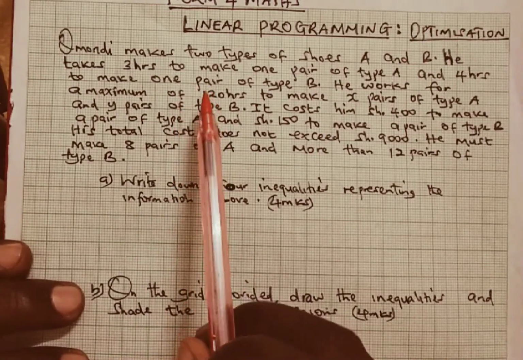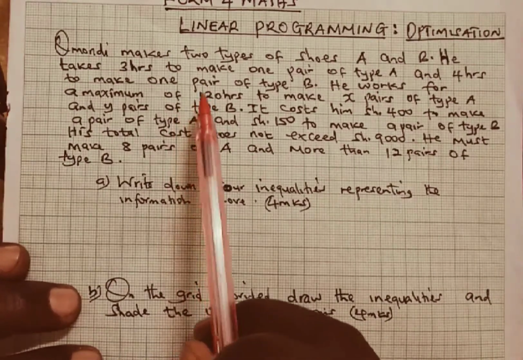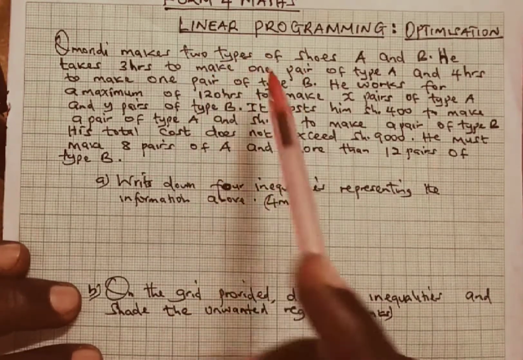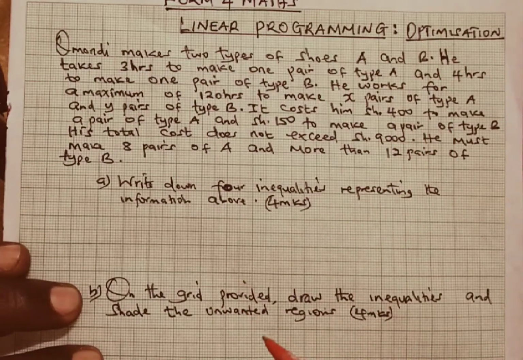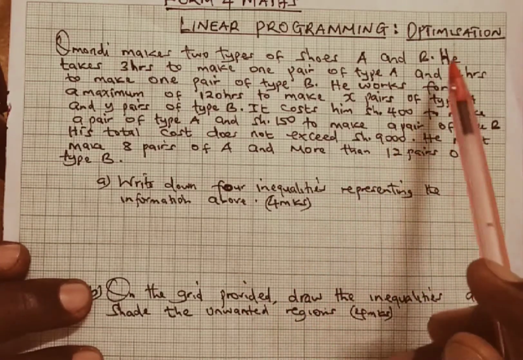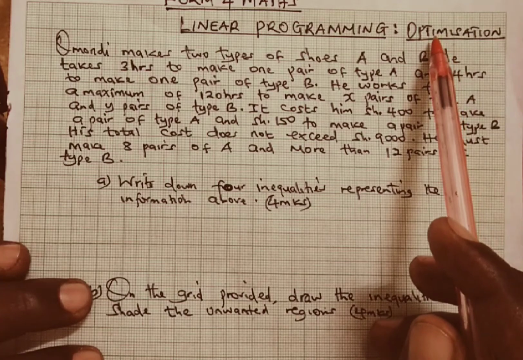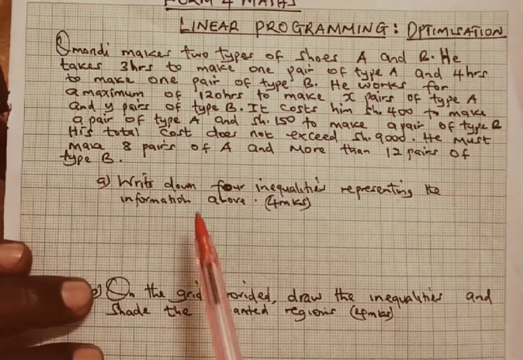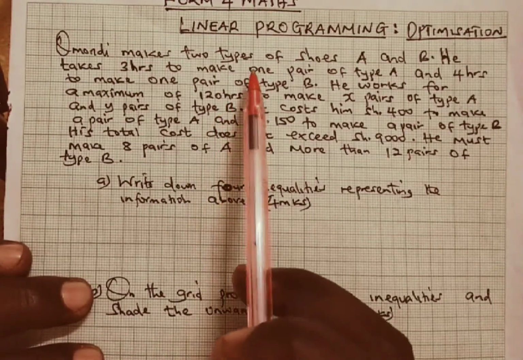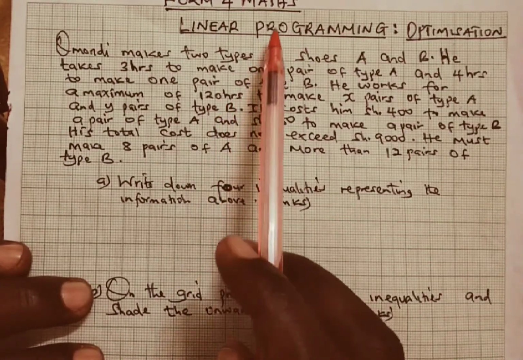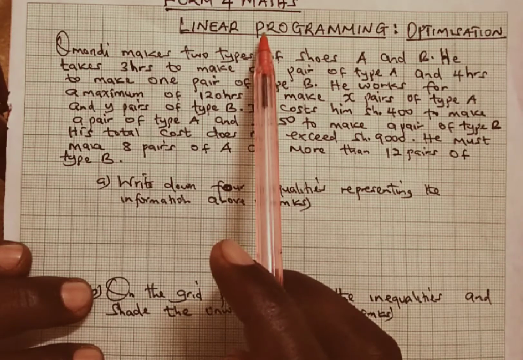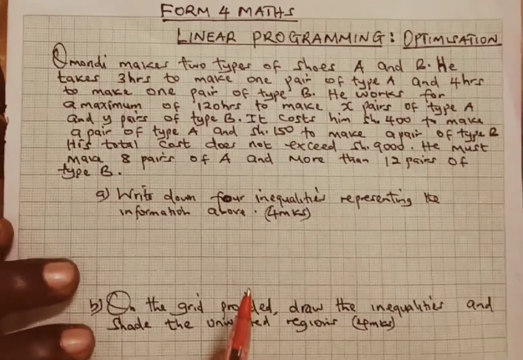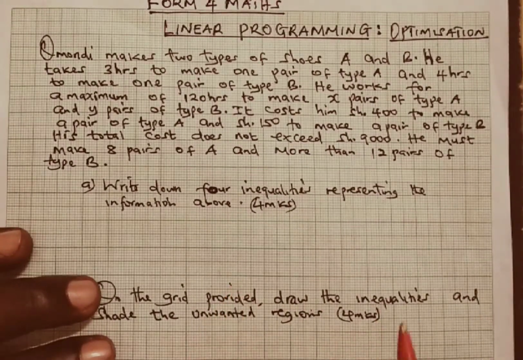Today we are going to look at Form 4 mathematics and the topic linear programming, specifically under optimization, that is maximization and minimization of the given function. This is a topic that extends from Form 2 mathematics under linear inequalities, and in Form 2 we talked about